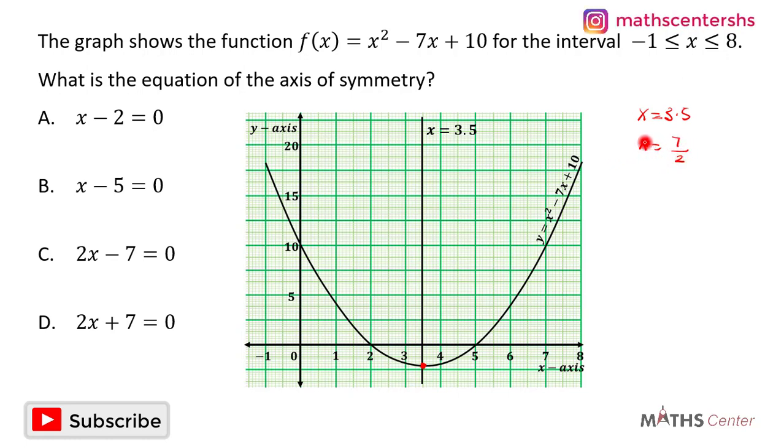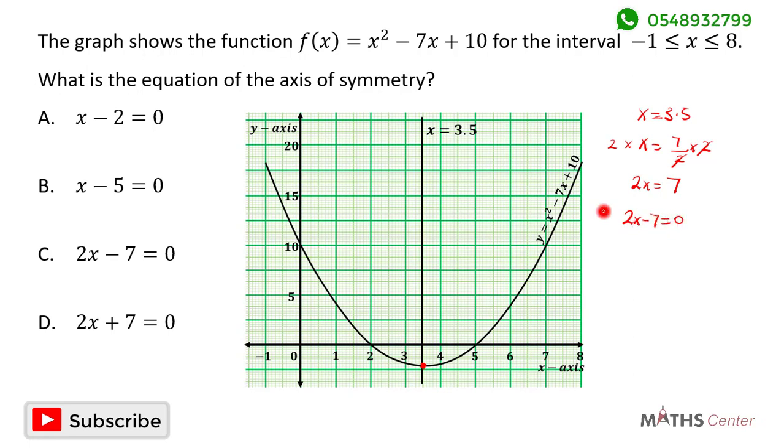I'll multiply both sides by 2 to remove the fraction. So I'll multiply the left hand side by 2 and the right hand side also by 2. When I do that, you can see that 2 and 2 will cancel each other out. On the left hand side, we will have 2 times x, and 2 times x will give us 2x. On the right hand side, we will have 7. If I send 7 to the left hand side, we are going to have 2x minus 7 is equal to